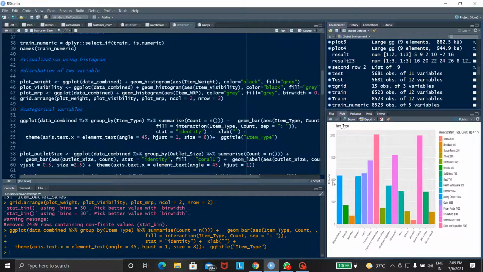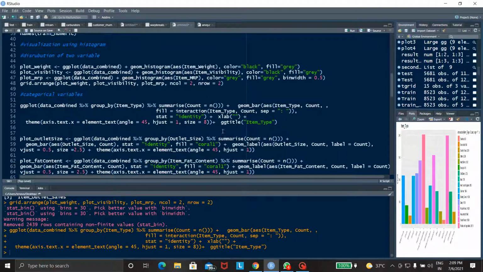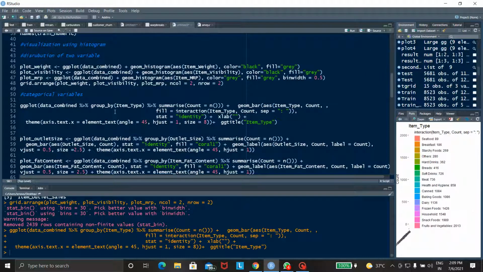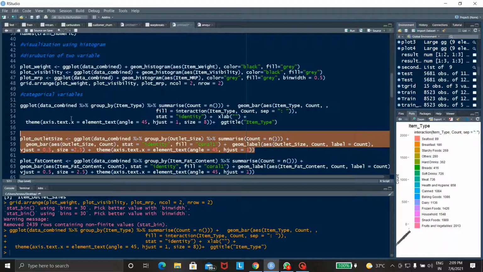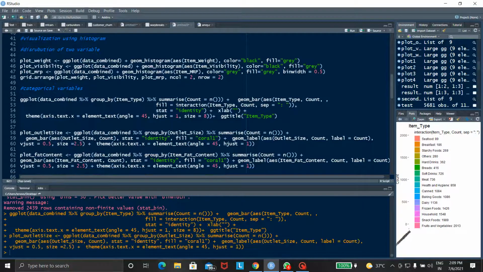Then the next program is to find out the outlet size. Here is the program to plot using outlet size. Run this program.